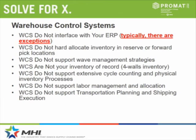Let's talk about warehouse controls, what they're not. Typically, and I use the word typically, it's consultative speak, right? Two consulting speak words: typically and it depends, okay? So, just FYI,